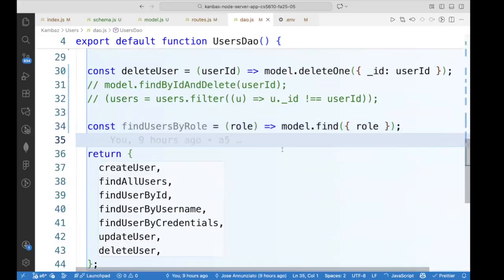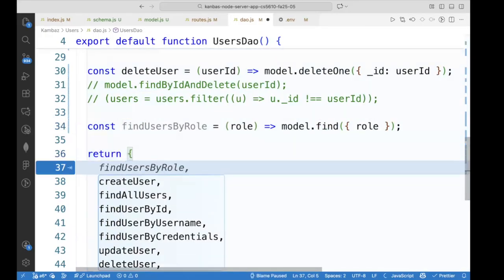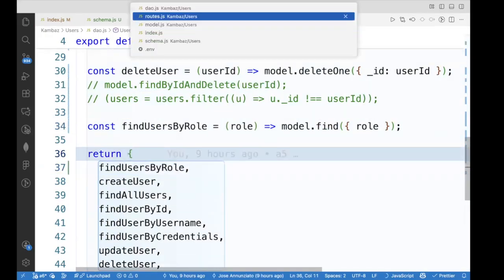So now notice that there could be more than one. So dot find makes sense, right? That it returns an array. There could be many people that have the same role, right? So find is just perfect, right? We also have to expose this in our API. And then in our route,